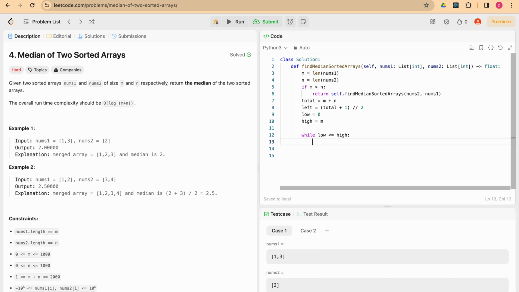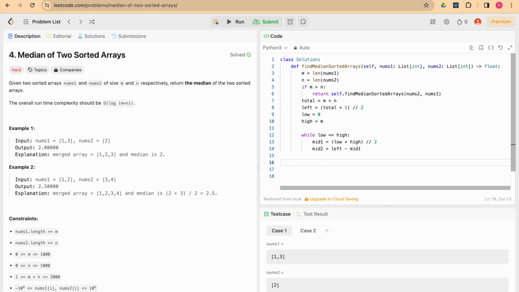Okay, now we will calculate the midpoint. So in the first array, mid 1 will be low plus high, and we will divide that by 2 so that we can take some element from the left array, and the remaining element mid 2, and this will be the total element that we require on the left side, that is left minus the element that we have taken, mid 2. So this is basically the mid pointer in the first array and the mid pointer in the second array. All right,